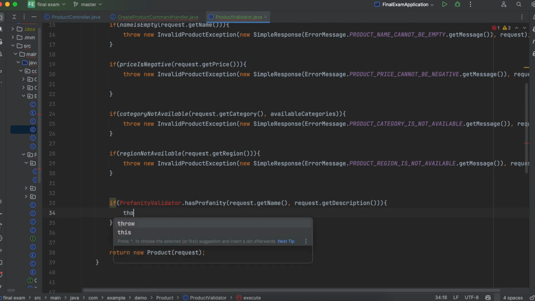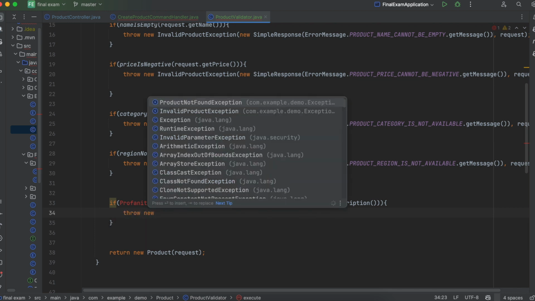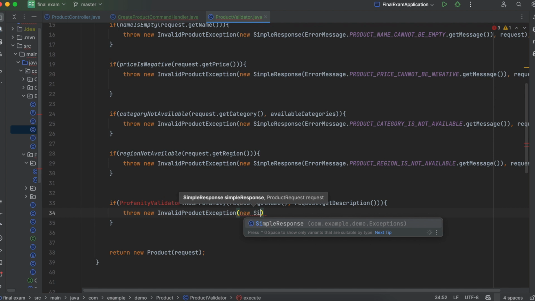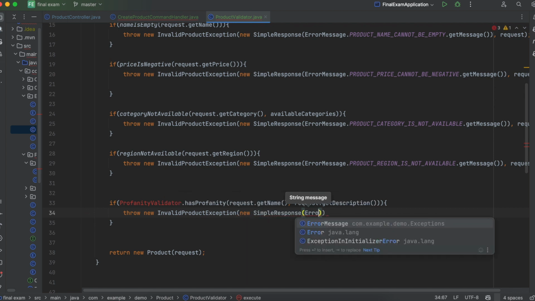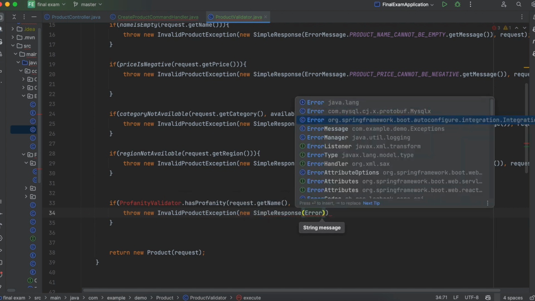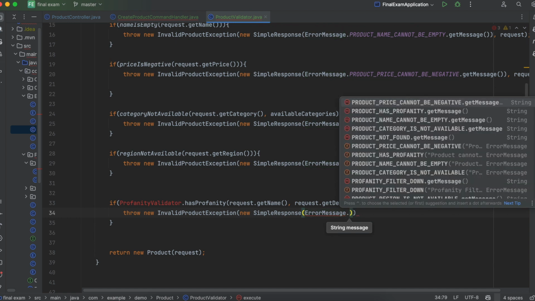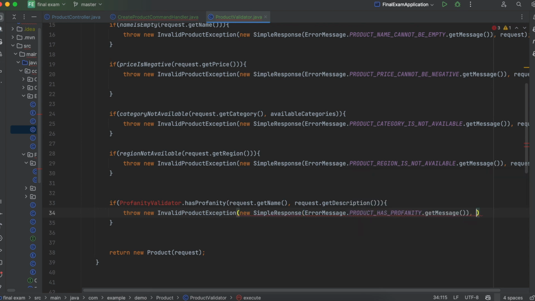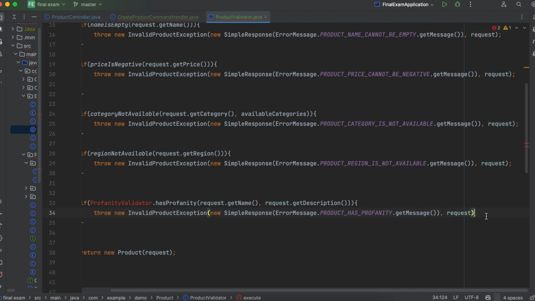And we'll say throw new invalid product exception, new simple response error message dot product has profanity dot get message, and then we'll pass it the request. Okay,